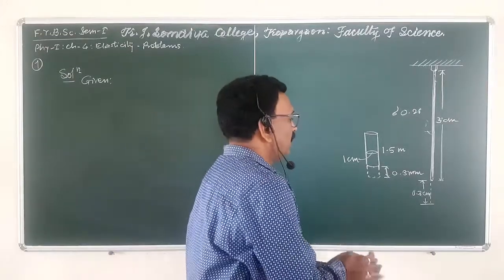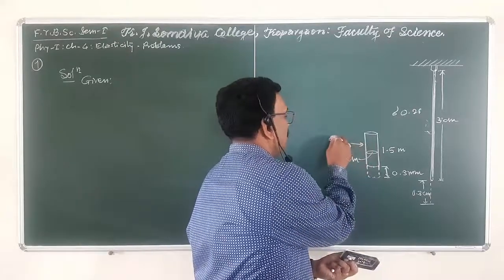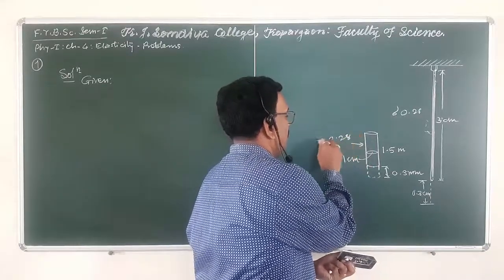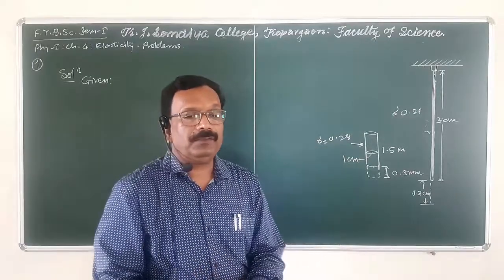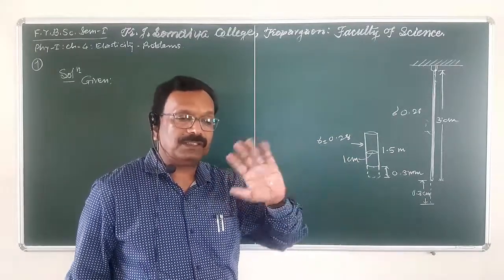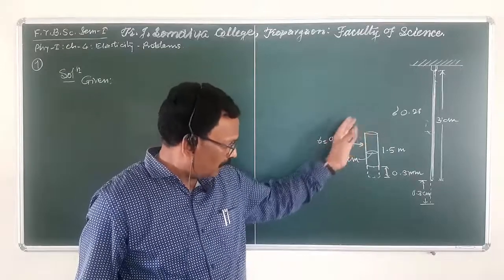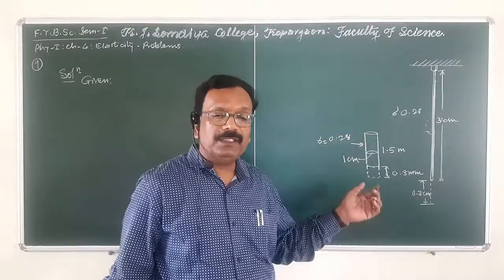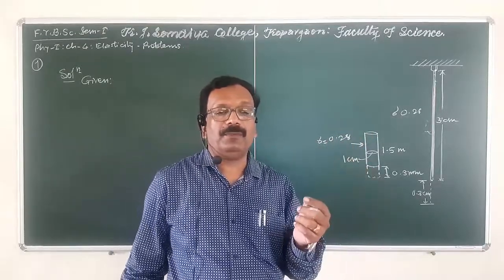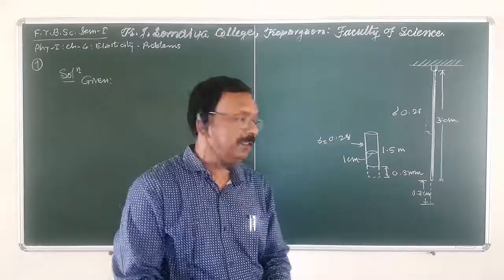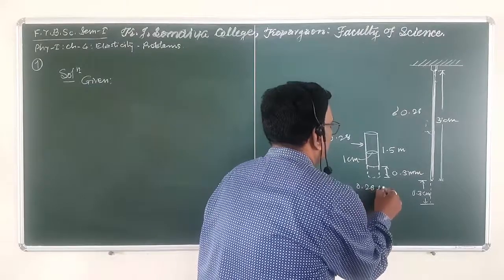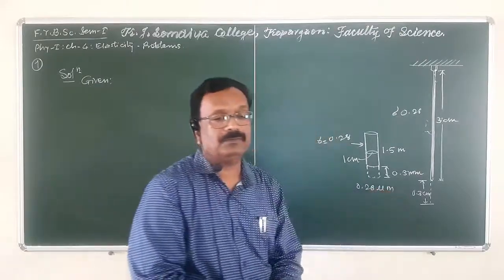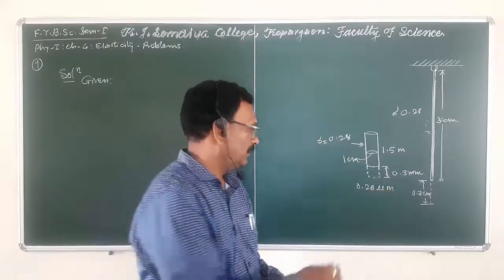Poisson's ratio of this cylindrical rod is 0.28. This is Poisson's ratio. In this problem we have to show that the diameter will be contracted by 0.26 micrometer. Sorry,